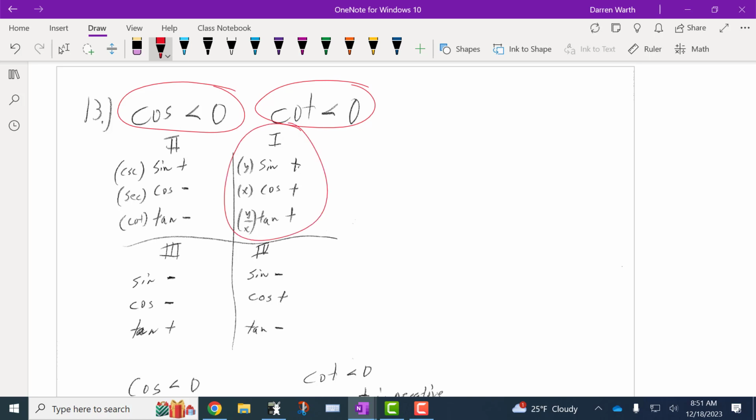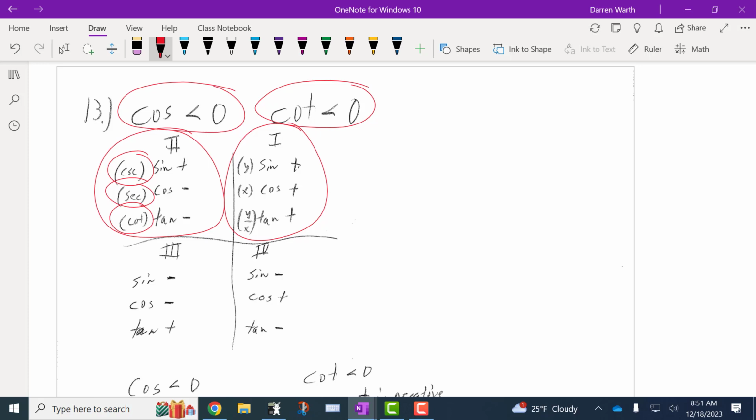First quadrant, sine, which is y, is positive. Cosine, which is x, is positive. Tangent, which is y over x, is also positive. Second quadrant, sine is positive because it's the y value. Cosine x value, that's negative. Tangent is negative. I like to write the reciprocals, cosecant, secant, cotangent, because they take the exact same values as